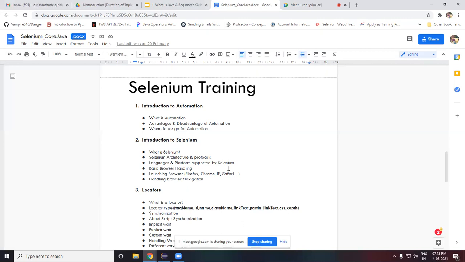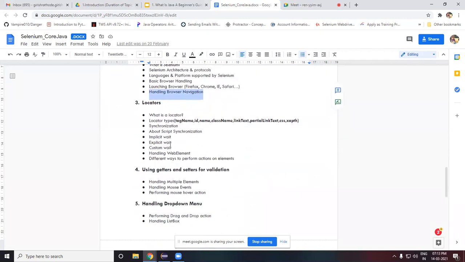Once we have navigated around the browser, the next thing will be jumping to locators. These locators also play a major role in automation, because they specify which element is to be automated. A locator specifies the address of an element on the web page.